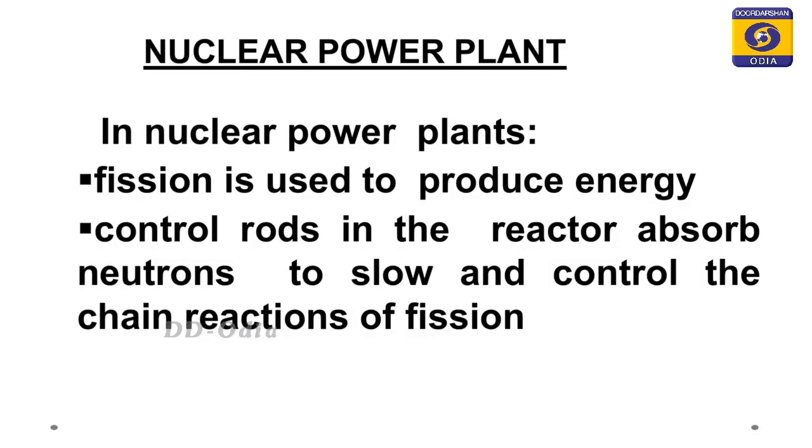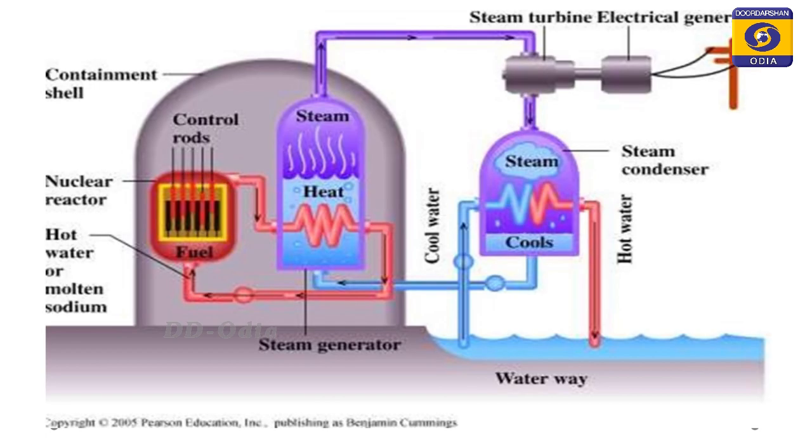If that energy is released, we can control it in nuclear plants, in which nuclear reactors are used. And that nuclear reactor, as per the figure, has different components. One is the control rod, one is the containment shell, one is the coolant, one is the generator, and one is the oscillator. The next one is the water supply, and one is the turbine. These are the different parts.